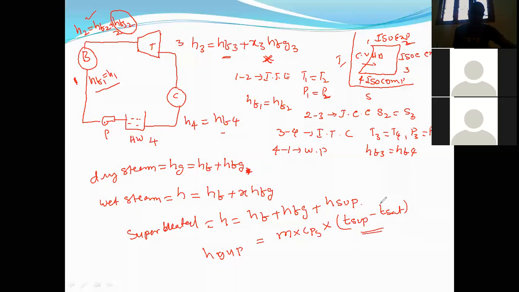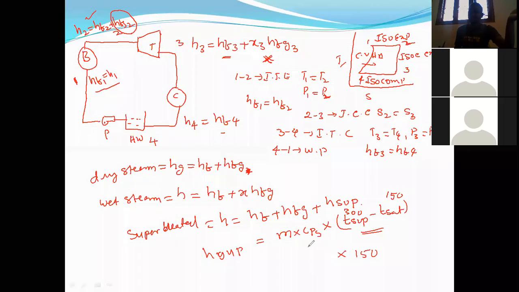Yes, sir. In the superheating, what are we doing? First, in the boiler, we are converting saturated water into saturated steam. After the saturated steam, again you are going to increase the temperature of the steam into the superheated level. So what is the temperature difference we are getting from saturated to superheated? For example, if saturation temperature is 150 degrees and superheated up to 300 degrees, the temperature difference we brought after the saturation level is 150. So we write 300 minus 150.